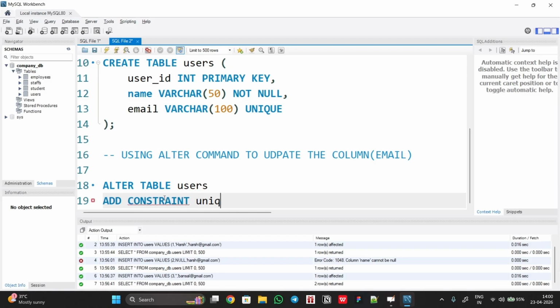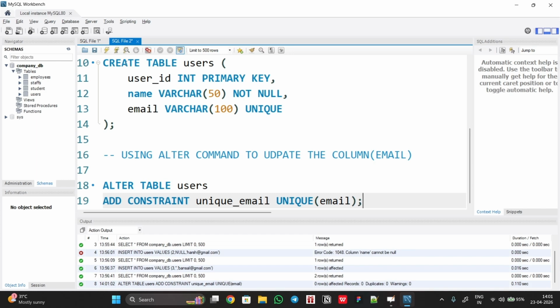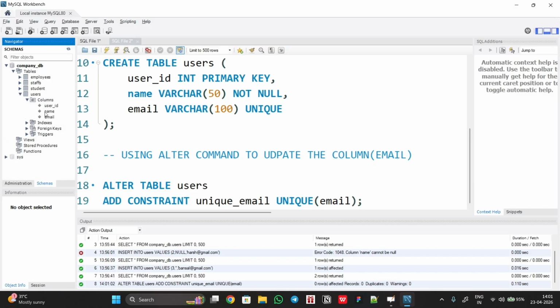Unique email. So we are applying the constraint on this particular column, and basically naming it along with it. Unique email, on the original column, email. Okay, let's try running this. It got successfully updated. So when I click refresh and go back to columns and click on email,